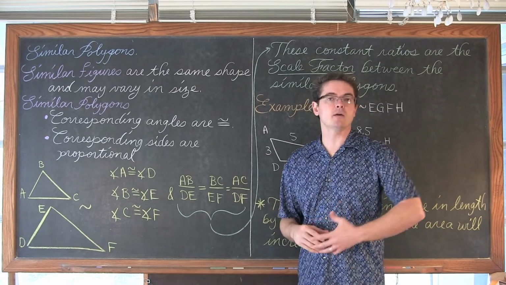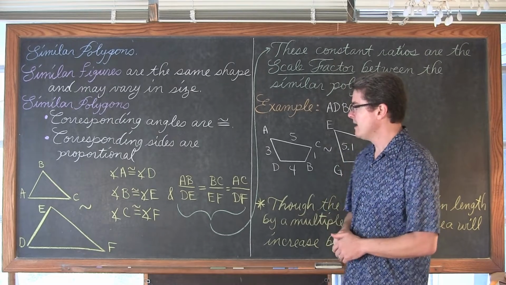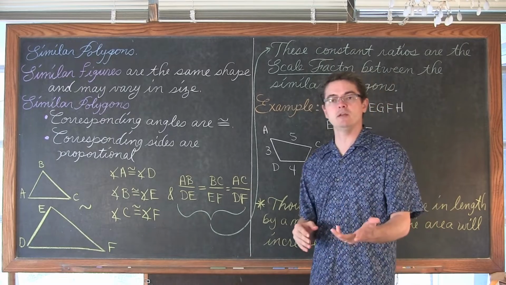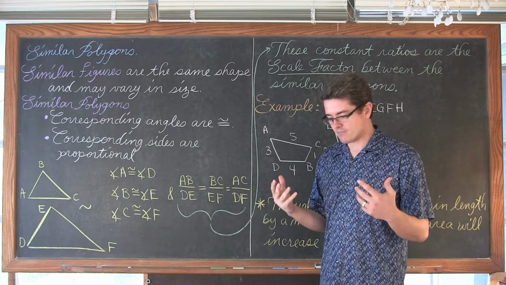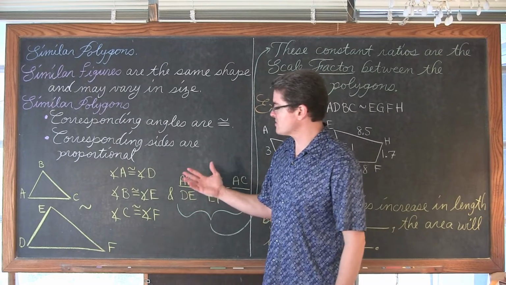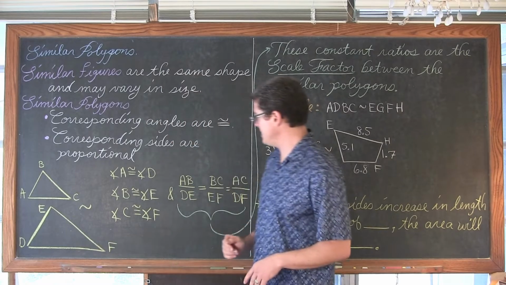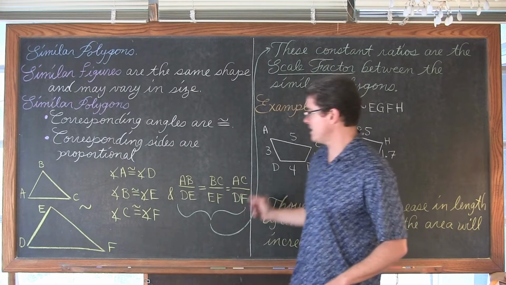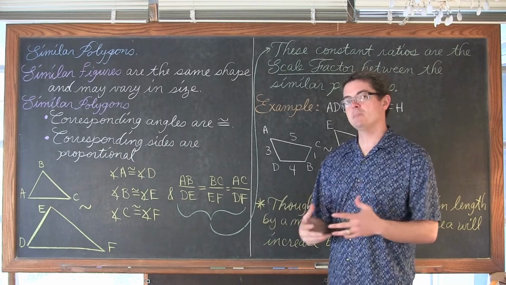But as you look at your diagrams, make sure all those corresponding angles are congruent and that you can name those congruent parts. Now, what we mean here, the corresponding sides are proportional. Remember, we just did a video, or hopefully just studied proportions, which means that you're comparing numerical values, quantities, in a form of division. And when we take the corresponding sides, we need to make sure these are all in the same direction. So I've done AB over DE, I've done BC over EF, and I've done AC over DF. All of these proportions are set up in the same order.